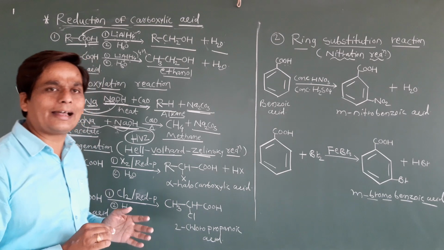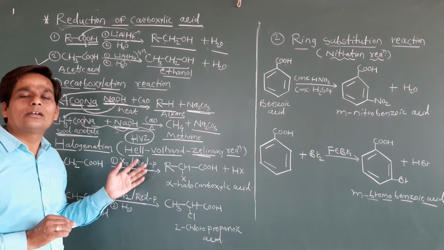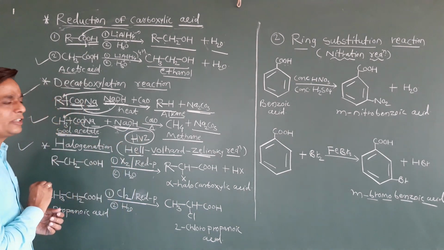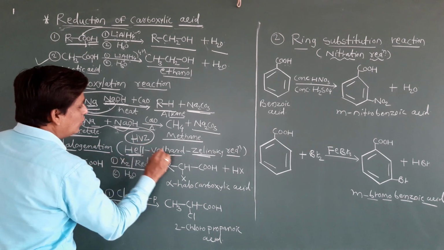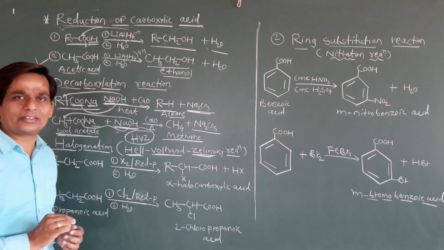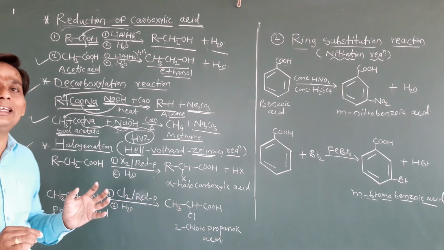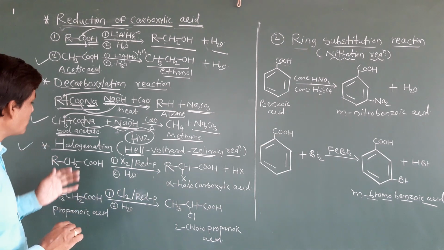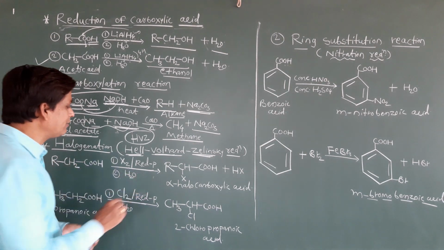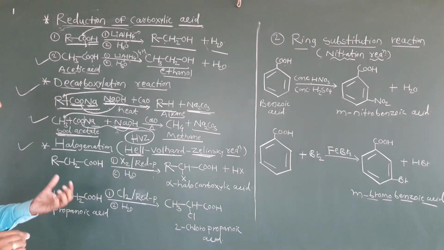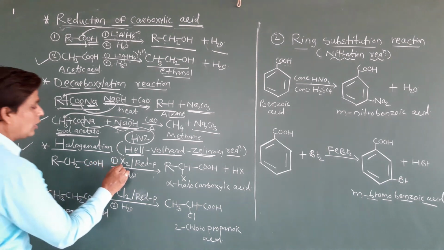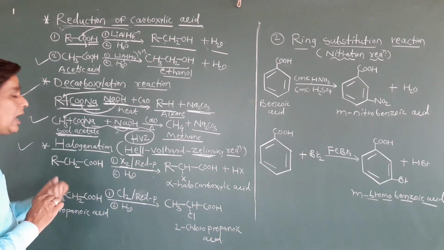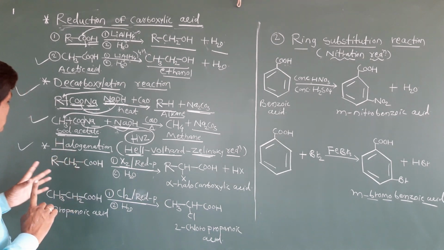So from the carboxylic acid. Many times in competitive exams, they will ask questions on the basis of this HVZ reaction. HVZ stands for Hell-Vollard-Zelinsky reaction. Okay students, so why am I saying it is a specific reaction? It is a halogenation, but it is specific because this reaction takes place in the presence of red phosphorus. And one more thing, the halogen is attached to a specific carbon, that is the alpha carbon only.